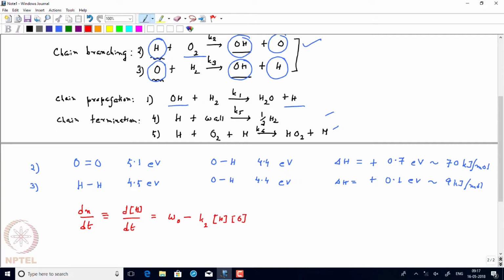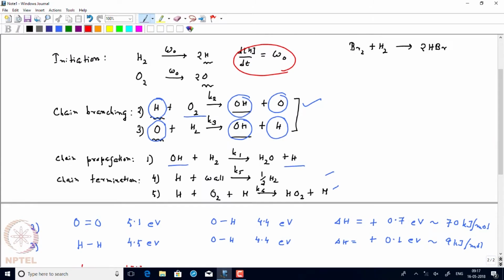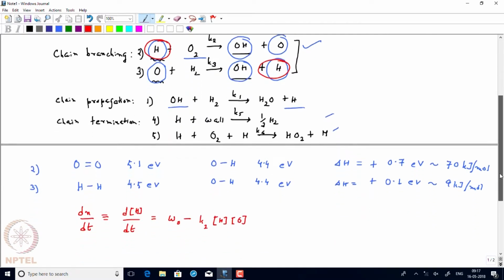You just follow the kinetic equation or stoichiometric equation where these are all elementary steps, remember. So that's why just by looking at the equation I can write the rate equation, and then similarly in the third step H atom is formed, so we have taken into account of this step. Now we are taking into account of this, and then H is formed, so it will be a plus sign, we will have K3 times O times H2, and then what we will have is the fourth step where actually